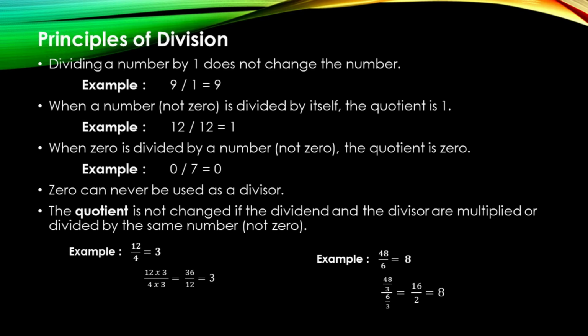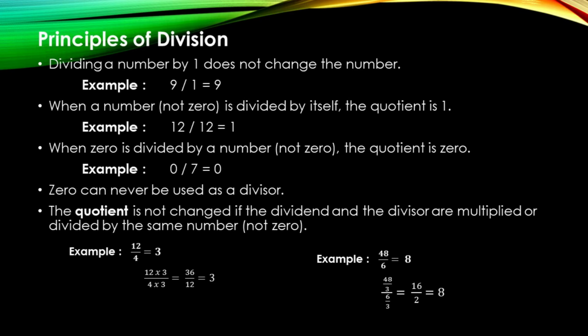When 0 is divided by a number not 0, the quotient is 0. For example, 0 divided by 7. The answer is 0. It's the same with other numbers, if the numerator comes first, the 0, before the denominator. For example, our numerator is 0 again, then we divide it by our denominator of 5. The total of our equal is 0. 0 can never be used as a divisor. If the dividend and the divisor are multiplied or divided by the same number, not 0,